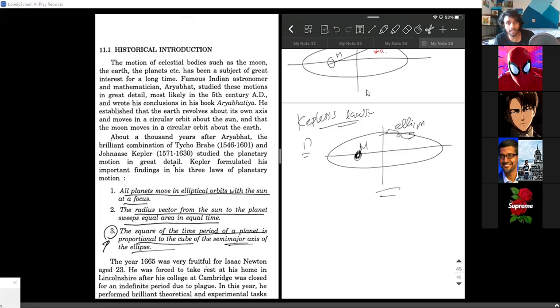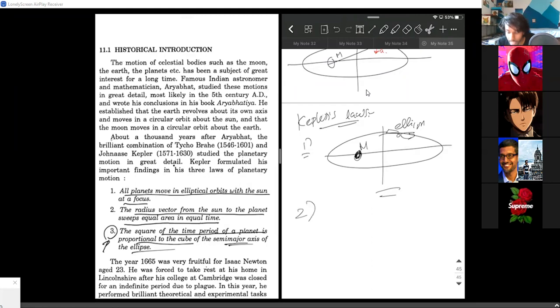We've already kind of gone through this. It's not just circular orbits; elliptical orbits are also stable. I've given you some intuitive idea of how an elliptical orbit is stable. I've shown you the funnel, where orbits like this are also stable, right? So that is the basic idea of the first law.